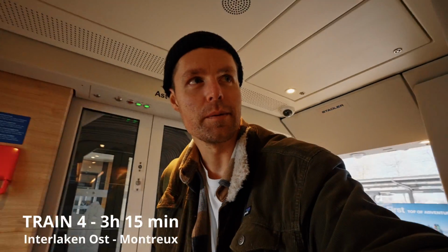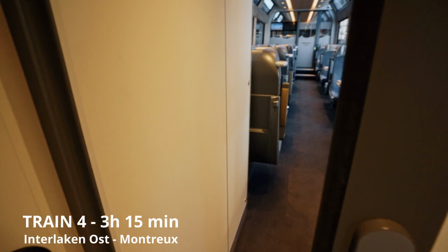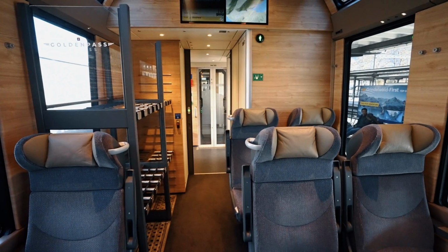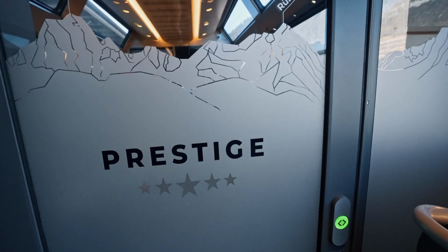Alright, step on board. So this is first class. You got nice seats, big windows here. There's top windows and then there's 2 seats on this side, 4 seats on the other side. Got some luggage storage here. There's no one else here so far. The train leaves in like 15 minutes. This is first class. Let's check out second class later, but the prestige class is what I booked because they're